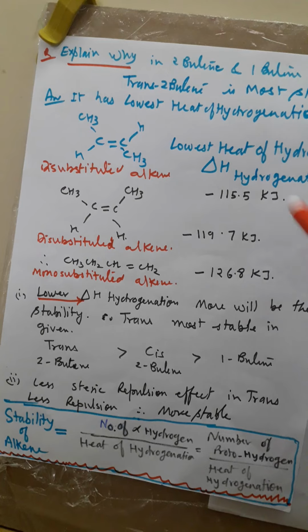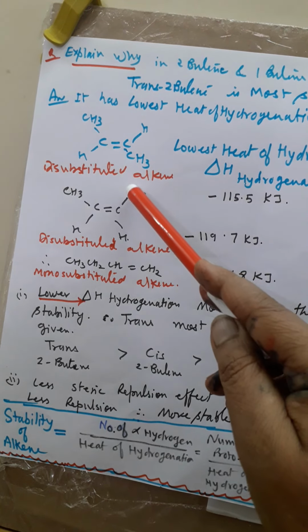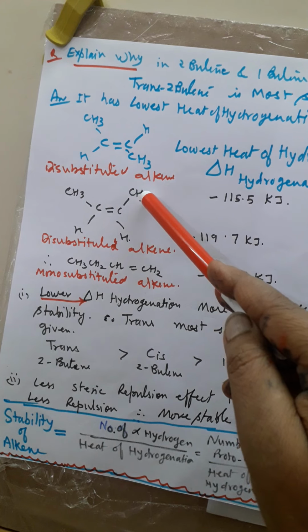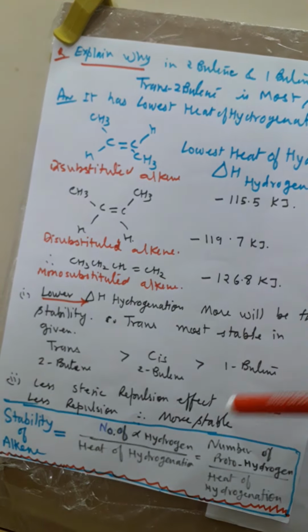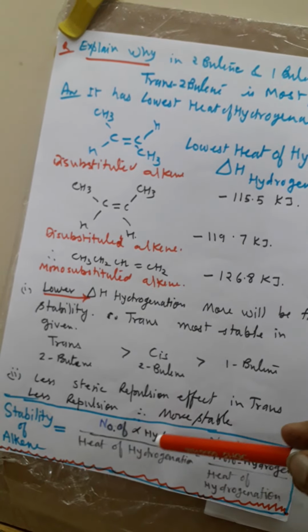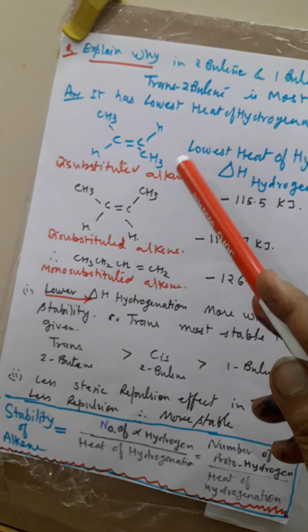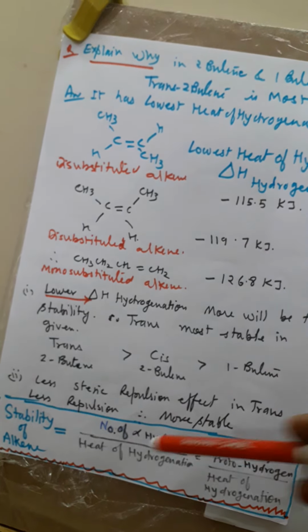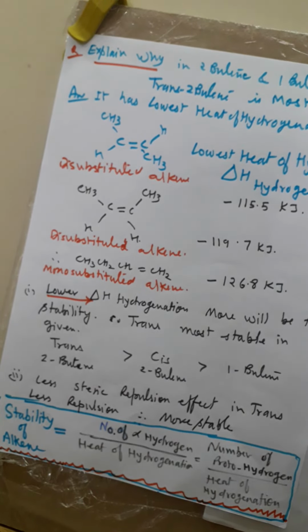In this case, when they are giving you these terms, see, it is having 3 alpha H, and this one also has 6 alpha H. The formula is: stability of alkene is equal to number of alpha hydrogens divided by heat of hydrogenation. So in case of cis and trans, both have the same stability, it should be the same, but why is it not? Because